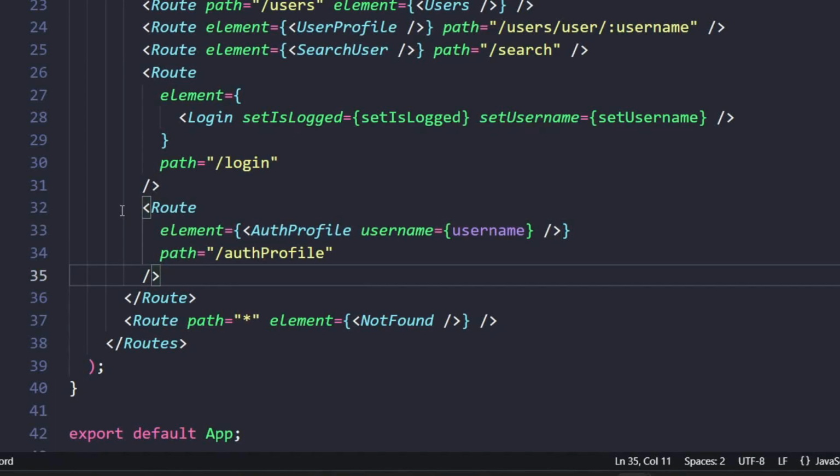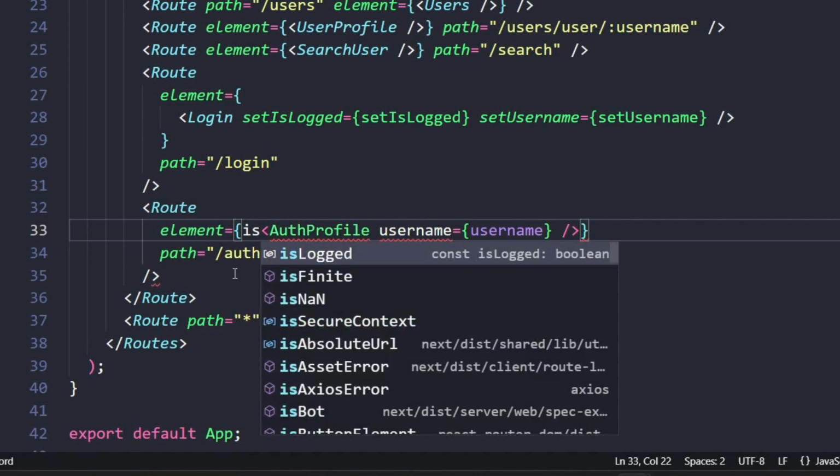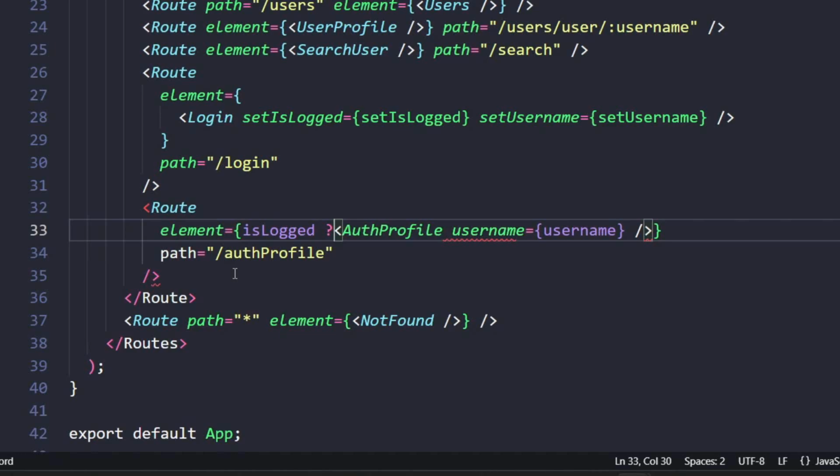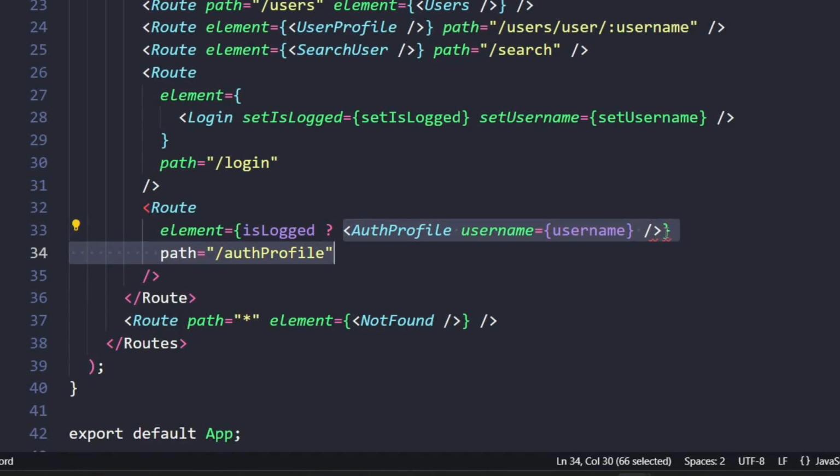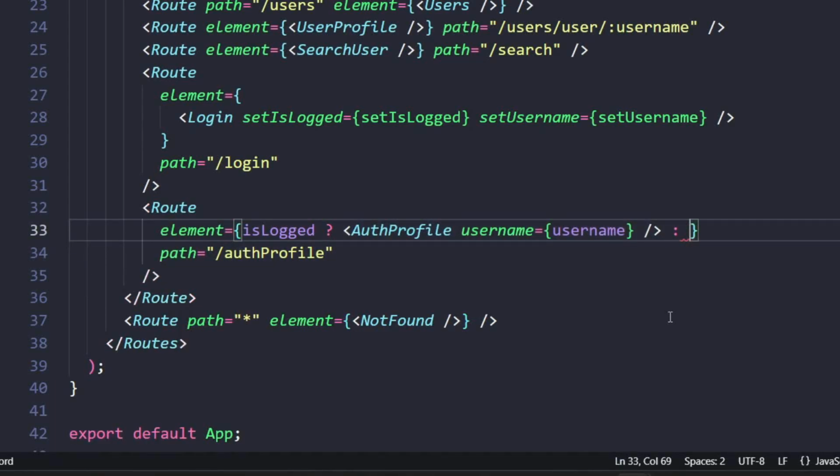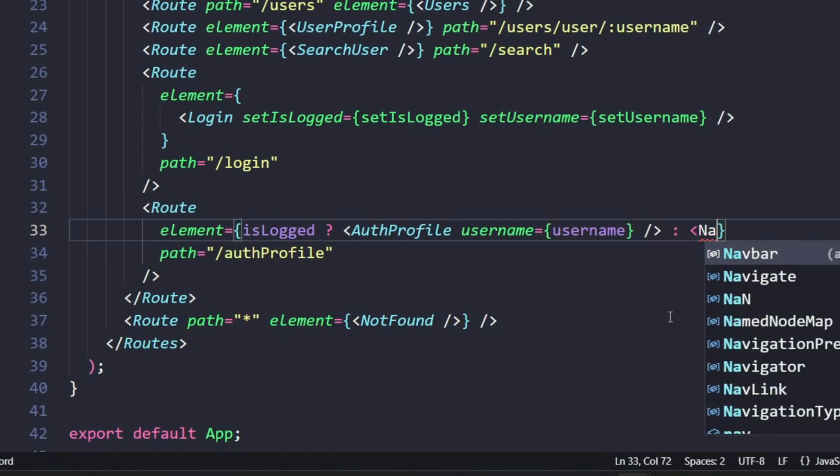Inside of our element prop of the auth profile route, we're just going to add a condition here, so we'll use a ternary expression. So we'll say isLoggedIn and then a question mark. And this simply means if it's logged in, do this. And then at the end, we are going to add a colon, else we need to do something else. And this is where we are going to use our Navigate component. So we call the Navigate,